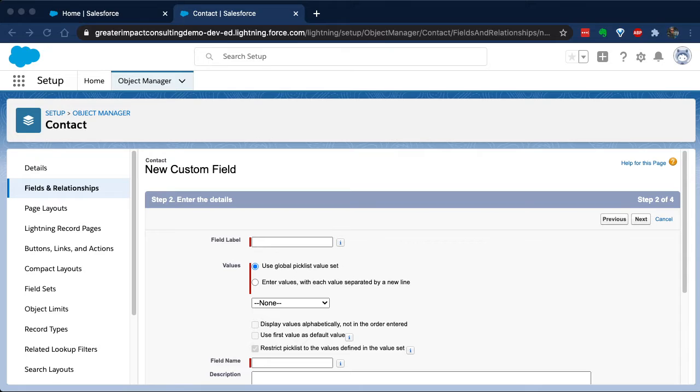And then just like every time I create a new field, I need to add a label. So we're just going to say youth or adult is the name of this field. Now, here's an interesting thing that pick lists have available. You can define these values for just this pick list, or Salesforce actually has a way to define global pick lists. Global pick lists are really, really valuable when you've got a set of values that you're going to use over and over and over again, and that if you were to change down the road, you want the change to apply to all of the pick lists